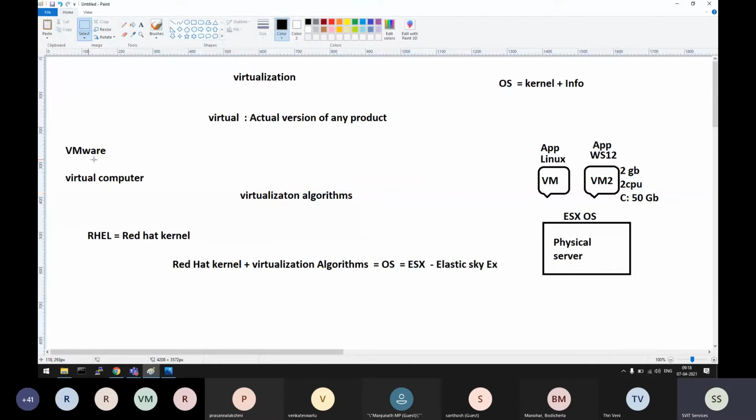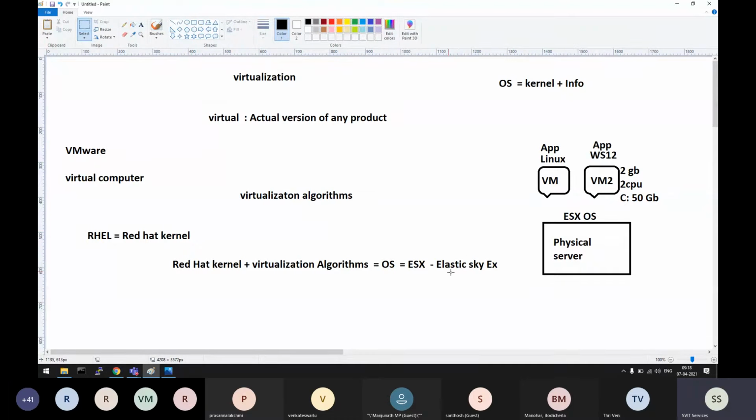Okay. So VMware guys took the concept of virtualization, they improved their algorithms to create virtual computers. But that was not enough. They need a kernel as well. Instead of writing kernel programming again, they copied Red Hat kernel plus their algorithms together. They made an operating system and it is called ESX, Elastic SkyX.